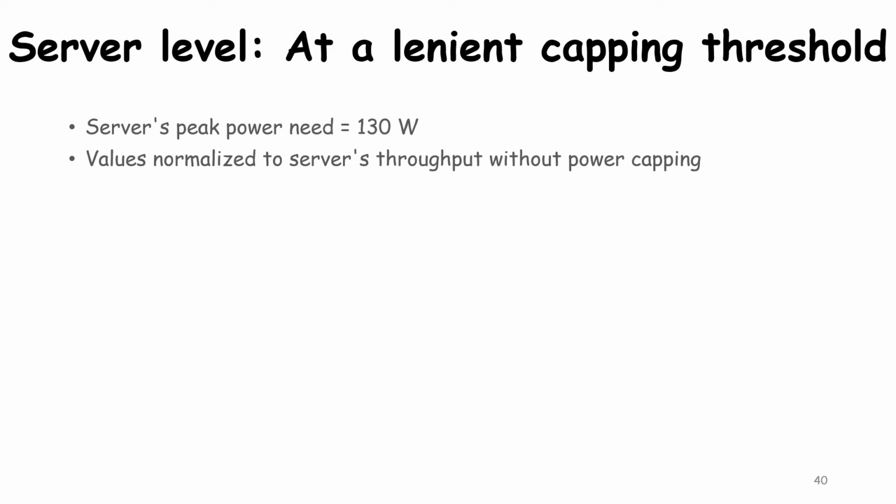Note that the server reaches peak power draw up to 130 watts, and the 100 watts represents approximately 77% of its peak draw. We study the aggregate throughput of the servers across all the 15 combinations, and the throughput is normalized to the throughput of the server in the absence of any power cap. Our goal is to compare the performance of the two heuristics applicable for lenient power cap, that is, application utility awareness and resource utility awareness. We compare it to the following baseline power allocation policies.